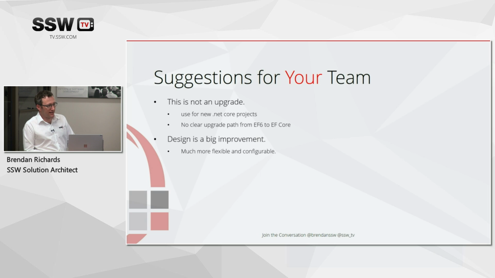But the big takeaway is the underlying fundamental design of Entity Framework Core is a big improvement over Entity Framework 6. You've got dependency injection in there, you've got the ability to swap stuff in, and that's going to be important because the goal is to get people to contribute. The goal is to get teams to come along and add a layer for their database. That won't happen if the thing has too many assumptions that you're working with SQL Server, and that's why we didn't see any non-SQL Server databases for Entity Framework that I know of that actually work. So the goal is that we will get these other databases now, and so on that front, it will compete much better with Hibernate, which has always had multiple databases.